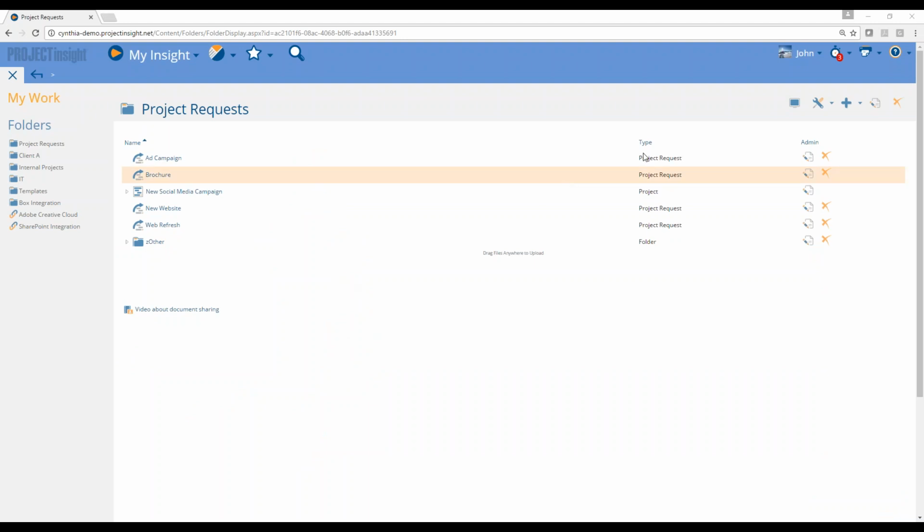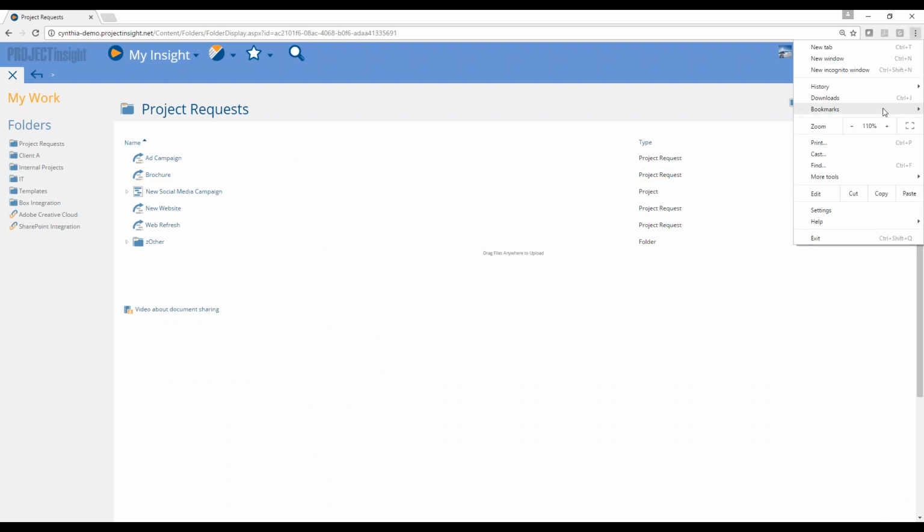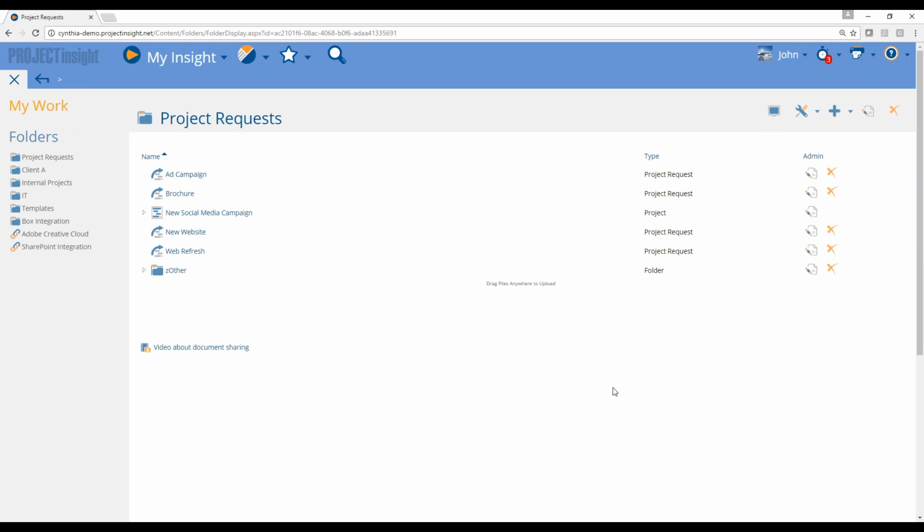And what you're looking at here, let me bump this up just a little bit. In Project Insight, you do have the flexibility to add one or multiple folders on this left navigation here. These are just my examples, but oftentimes we'll have you put in, if you're trying to manage demand or intake, put in a folder that's going to capture all of your project requests. So you can see right now I'm in that folder for project requests, and I have a handful of requests